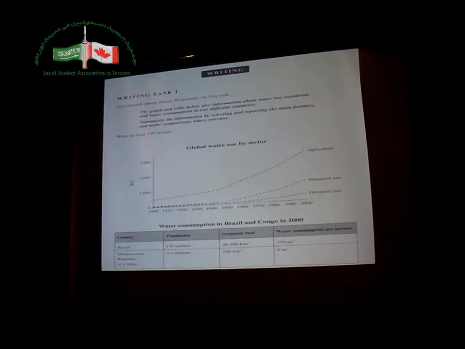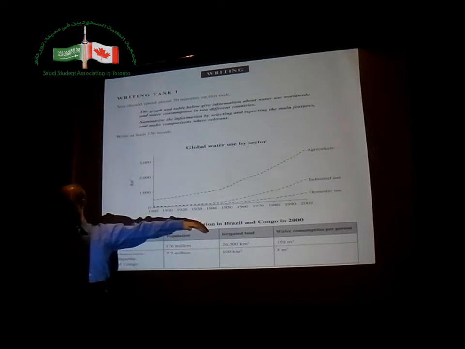Next, talk about something very general. A general observation is, just go back to the chart quickly, I would say, oh wow, look, there's a kind of separation here, right? Agriculture is different, and industrial and domestic are separate. There's a separation, so there are my groups. In general, I want to say the largest was for agriculture.